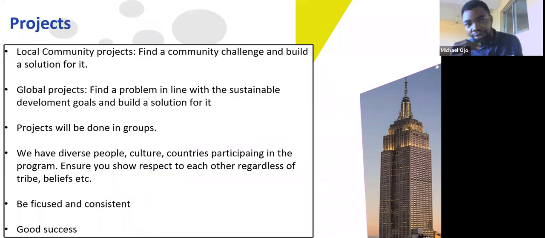For your projects, basically, there are local community projects where you find a community challenge and build a solution for it. There's a global public project where you find a problem in line with the Sustainable Development Goals and you build a solution for it. And then you have a project which will be done in groups, like I have explained. And very, very importantly, we have